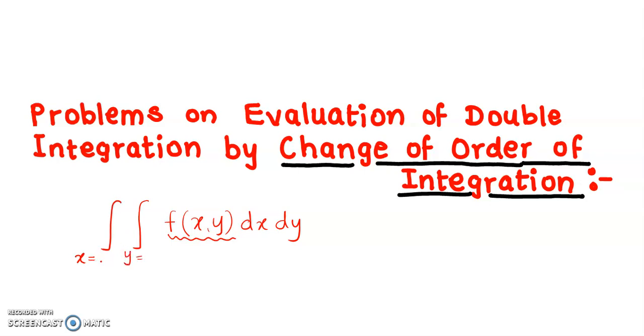If x contains constant range a to b and y contains constant range from c to d, then we can integrate this function with respect to x first or with respect to y first, doesn't matter. But if the range for variable x is constant but the range for variable y contains variable x in it, then we need to take integration of this function with respect to y first. But if this integration with respect to y in the variable range is not easier or it is very complicated to simplify, then we need to change the order of integration.